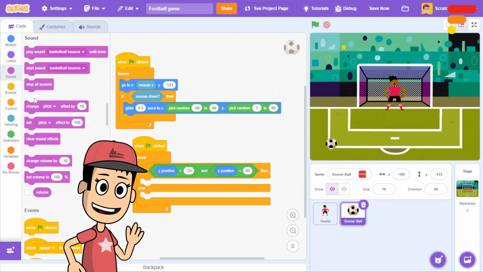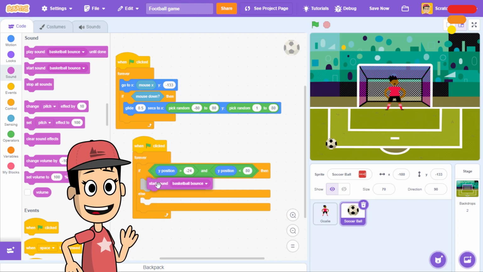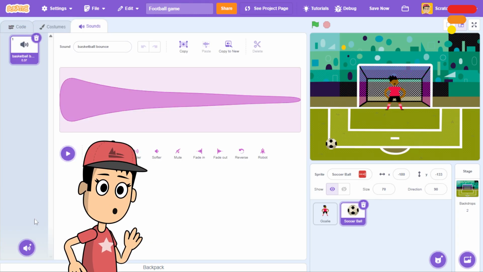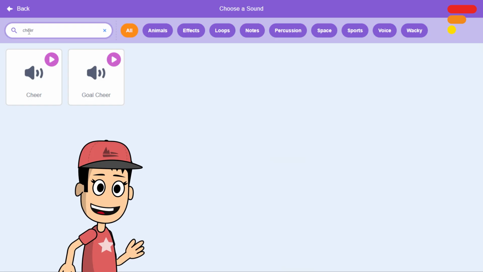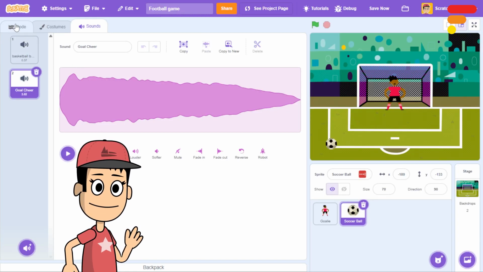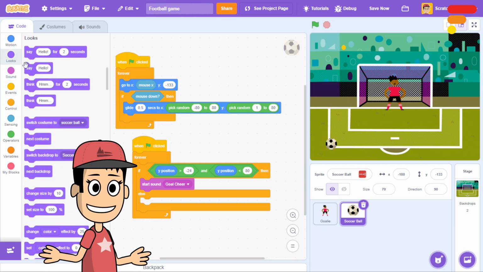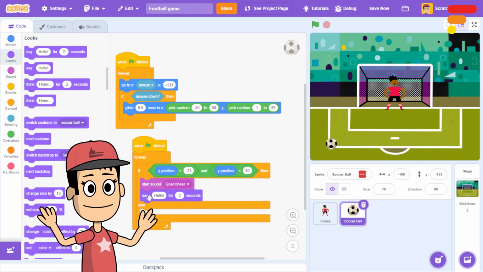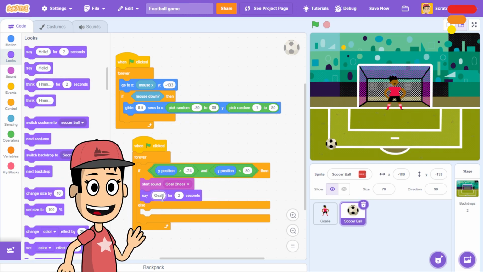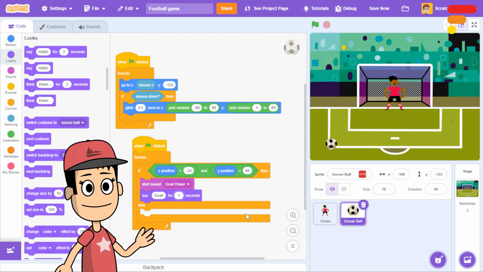Now add the start sound block. From the sounds tab, add a new sound. You can search goal cheer and then add it here. From looks, add the say for 2 seconds block. We will write goal here and set the time to 1 second.